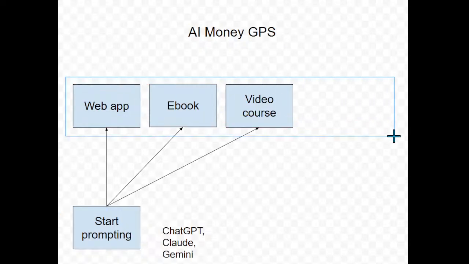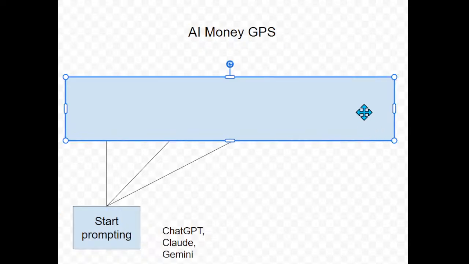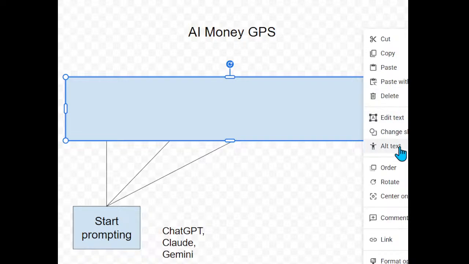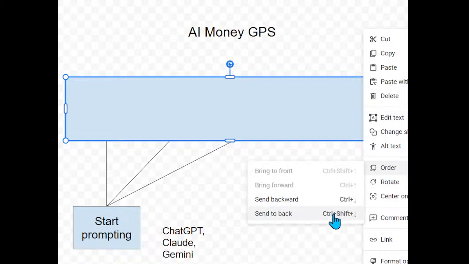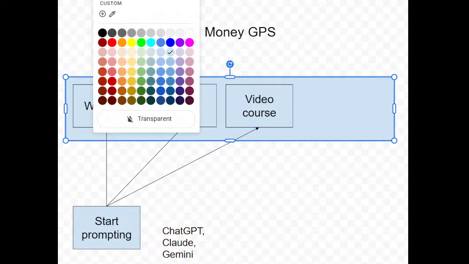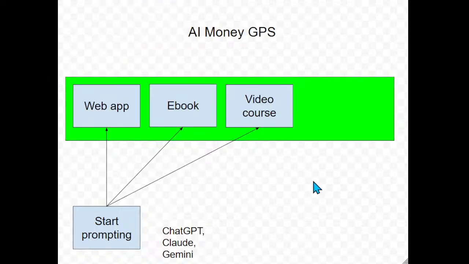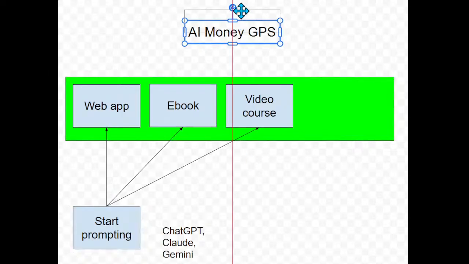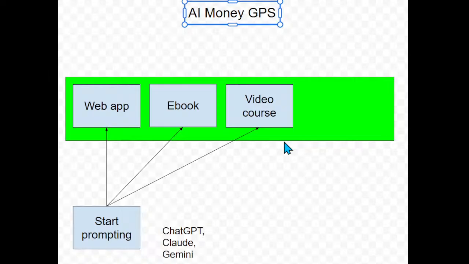So I'm gonna use a rectangle to represent these digital products, and I'm gonna use the color maybe green. And so you have to start prompting. If you don't practice prompting, then you cannot really create these digital products. Okay, so what's happening after that? Well, you have to monetize these products, right? And so we have